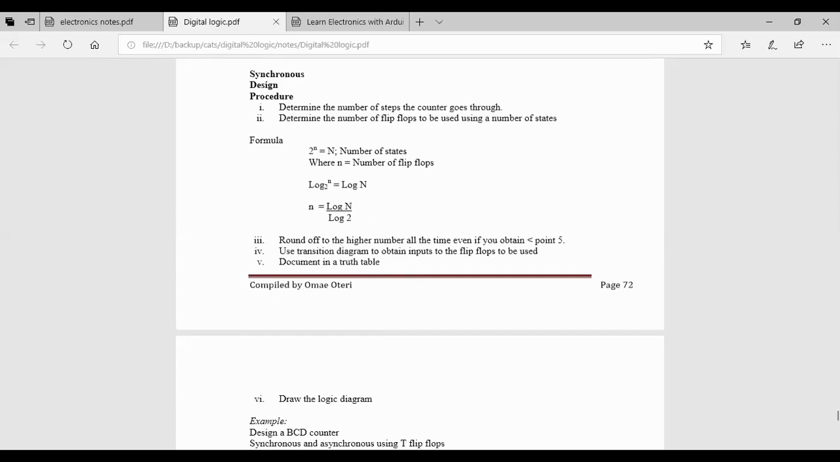So let's do it together. Actually, that's all about the counters you expected. We are just now designing. So I just want to design one, then you can see what next. So the question will be: design a counter